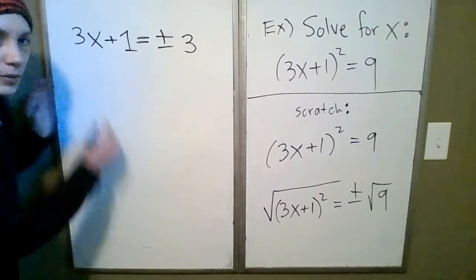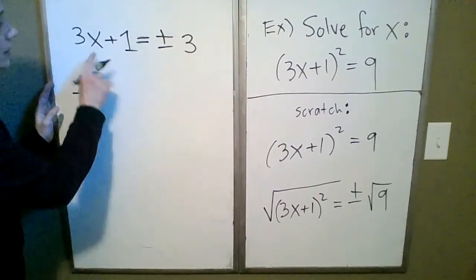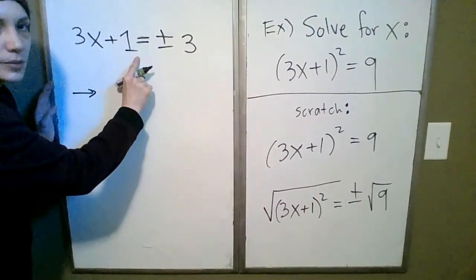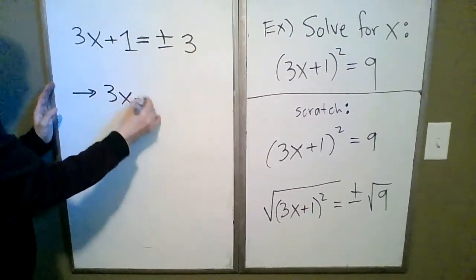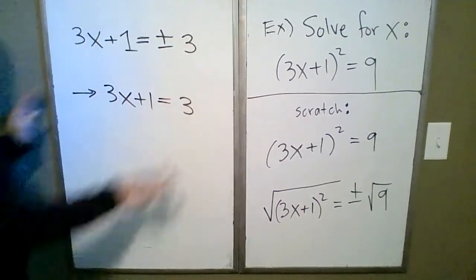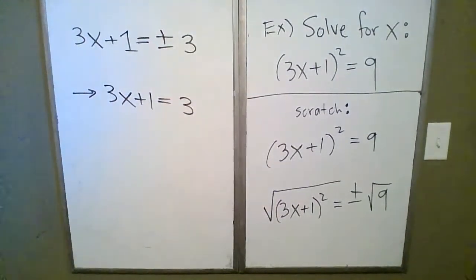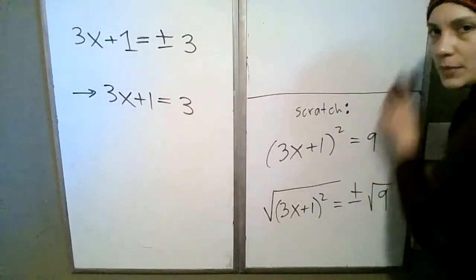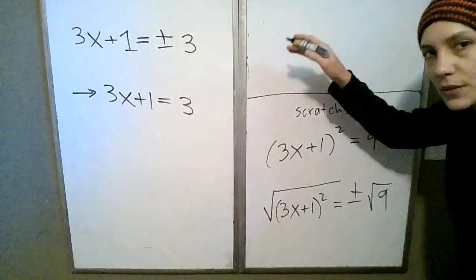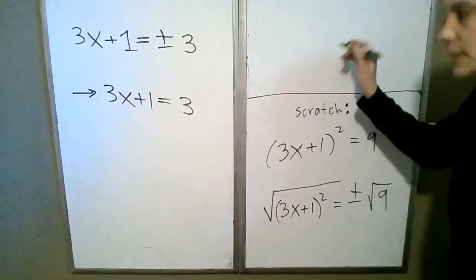The first one being 3x plus 1 equal to, let's go with a positive 3. And then we'll copy down the other one, come back and solve it later. So that would be 3x plus 1 equal to negative